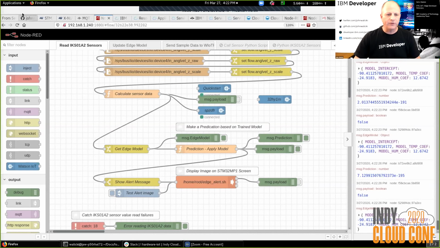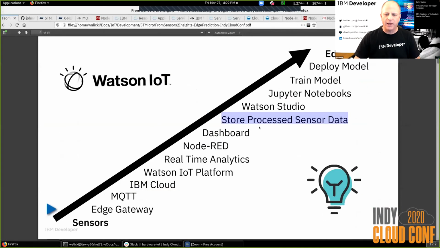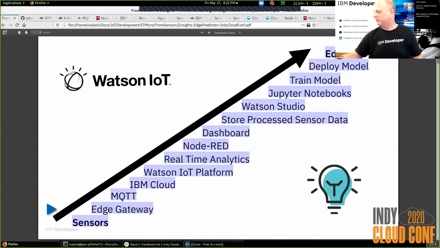That was a pretty fast journey. Let me anchor ourselves again, because I trained a model, and then I deployed the model, and now I'm going to do edge prediction. So I now have a model on the edge device that I can disconnect from the cloud. I don't need to send the data to the cloud anymore. I can disconnect the Wi-Fi and run the edge model